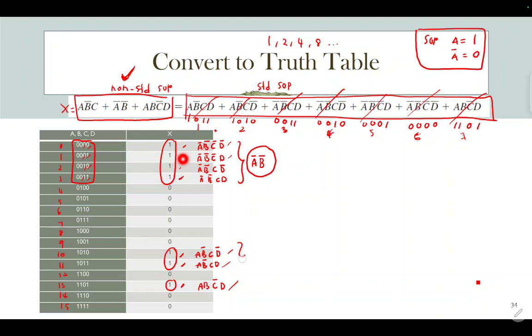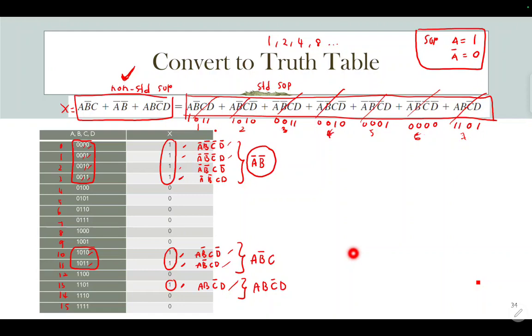And then for this one, a group of 2, you can check this group of 2. A is 1, doesn't change state, so you read A. B is 0, so B bar. C is 1, 1 and 1. D changes state, so you don't read D. So you got A, B bar, C. And this one, you don't have a pair, so you need to read it back: A, B, C bar, D.